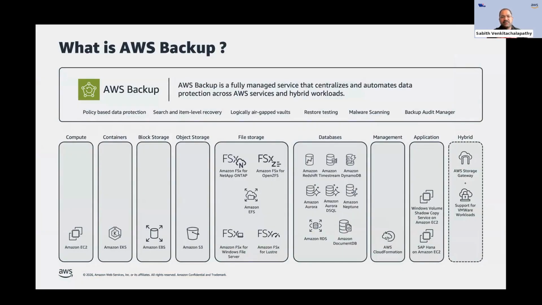And the best thing about AWS Backup is that it allows you to work backwards from your data protection requirements that we talked about earlier, in terms of what resources to back up, how often to back up, how long the backups are to be kept, how many copies of the data to keep, in a simplified backup policy or plan. Once you hand it over to AWS Backup, it does all the undifferentiated heavy lifting. AWS Backup supports most resources natively in AWS today, and as you can see, the number of workloads is increasing at a good pace.